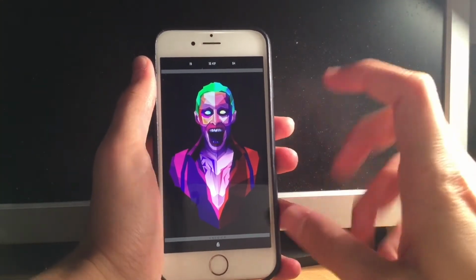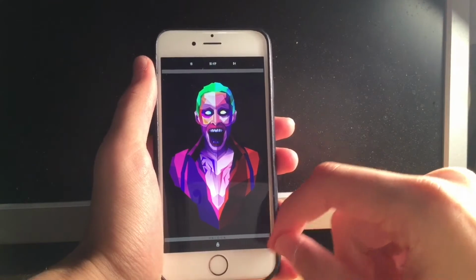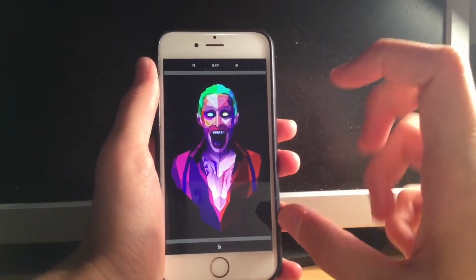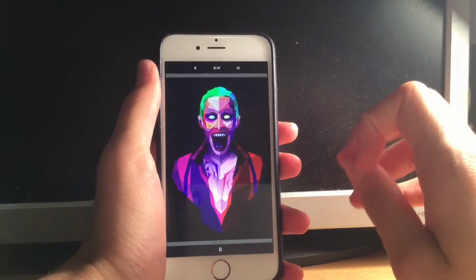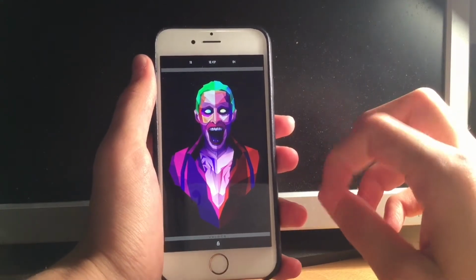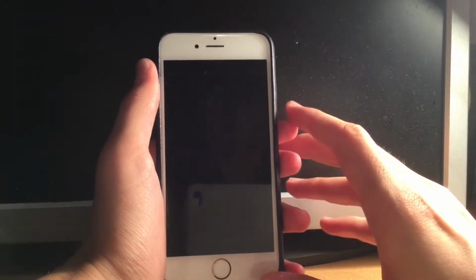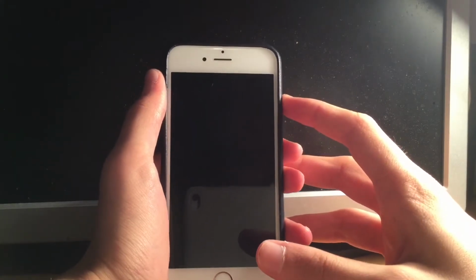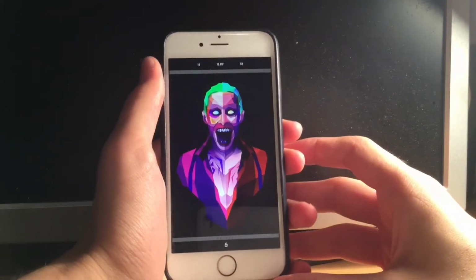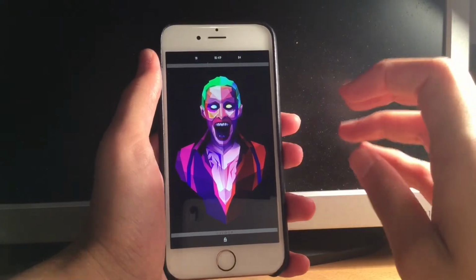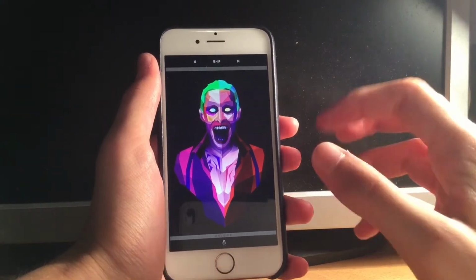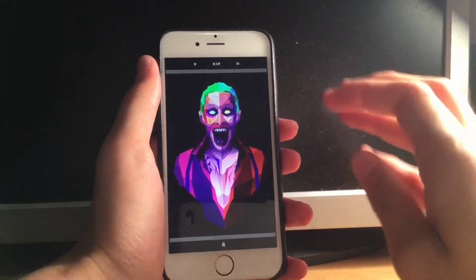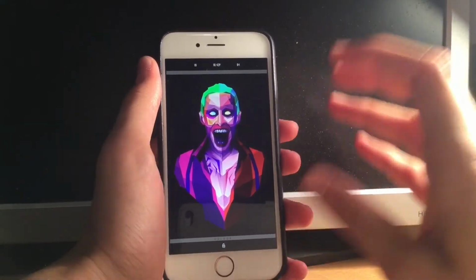Next I have a widget, and this widget is called lock screen EW50, so iOS EW50, and the software that you're gonna install this theme on is called LockHTML4. That's the tweak, and you install this theme, this widget, iOS EW50, using LockHTML4.